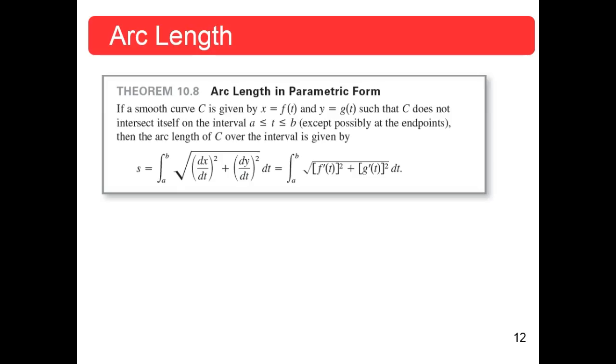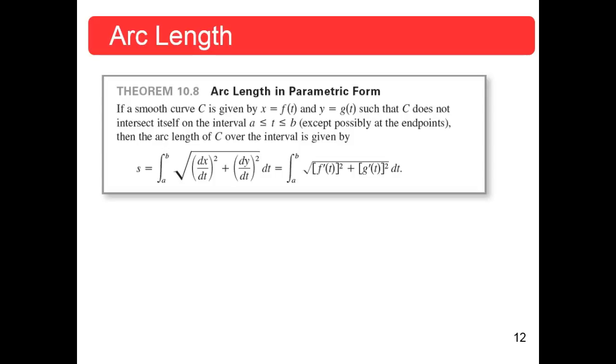But when you're in parametric equations, the arc length in parametric form: if a smooth curve C is given by x equal to f of t, y is equal to g of t, such that C does not intersect itself. Now that last example, it did. So we just can't have it intersecting itself on the interval of interest, a less than or equal to t less than or equal to b. On that interval, we can't have it intersecting, except possibly at the endpoints. They could be the same point, but that's okay. Then the arc length of C over the interval is given by,